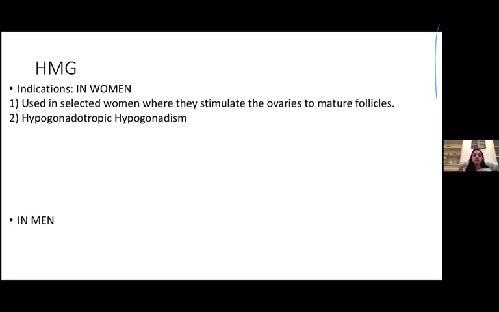So what does this term mean? At your level, you all need to just remember that hypo means you have a decrease in all your hormonal levels. So in this, your FSH as well as LH both are low. So if the follicle has to grow.